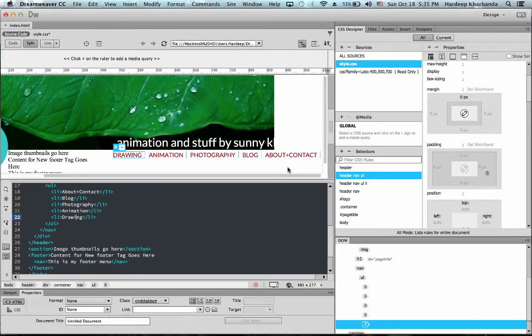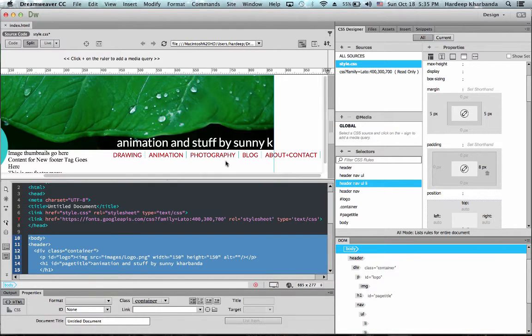The other thing I need to fix is I don't want a border on the right side of About and Contact, my last link. So to fix this, here's a trick. Right now, all of my list items have the same style. They all have this right side border. But I want to set this one apart from the others. It's special because it does not need a right side border. The way to take any one element and set it apart from the others that are sharing the same style is to give it an ID or a class.